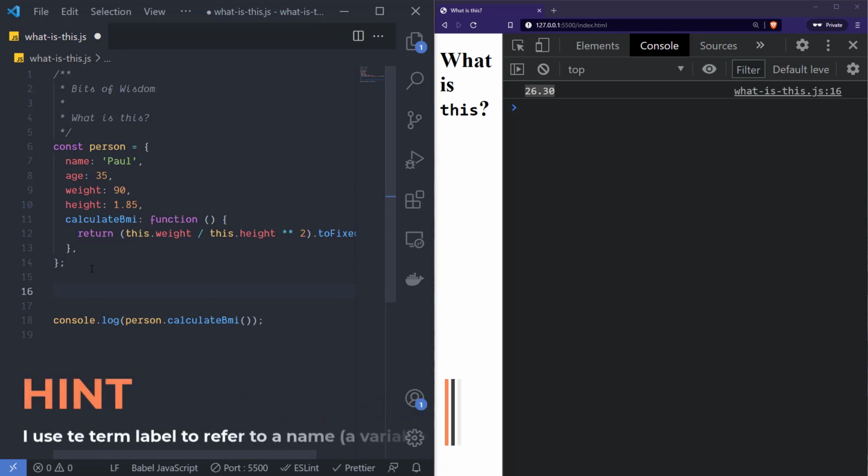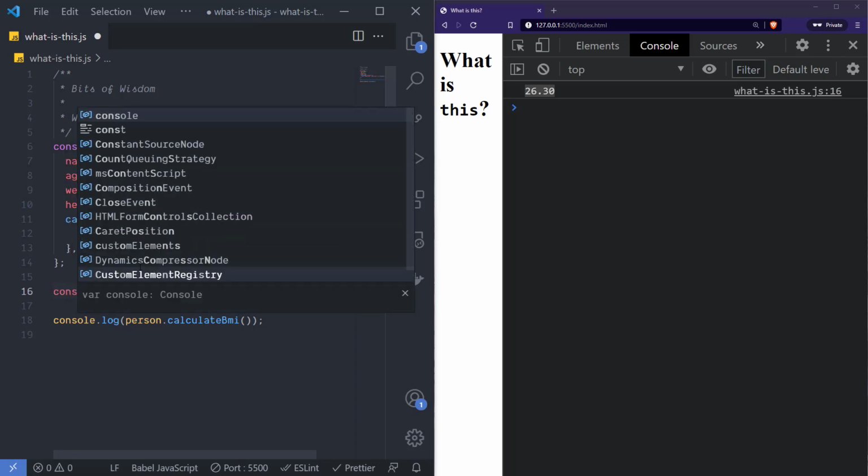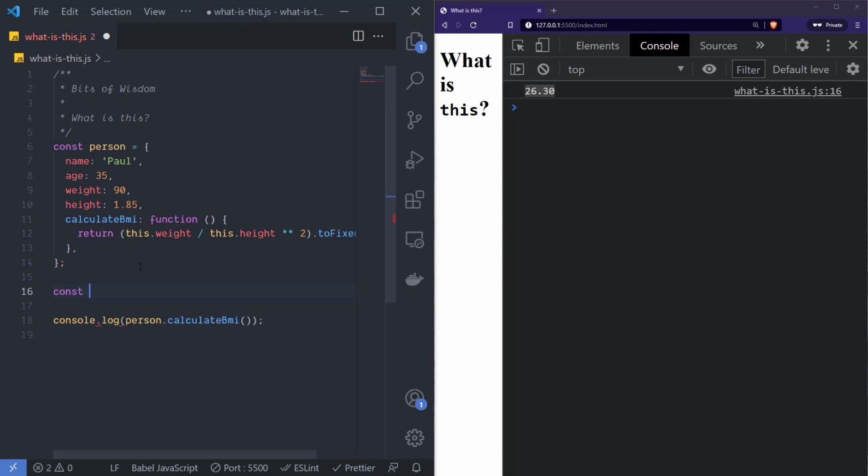We could have this function stored in a variable for later use, or maybe we send this function to another function as a callback, and that function will call this function, and it will use one of its own parameters to do this. So let's just store this function in a different variable at the moment, just to demonstrate what the problem is. So we'll say